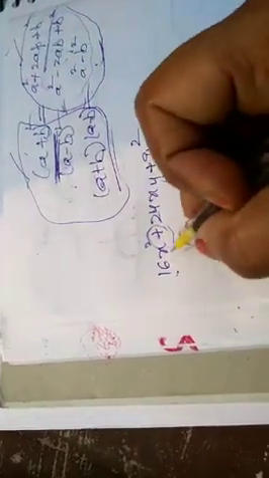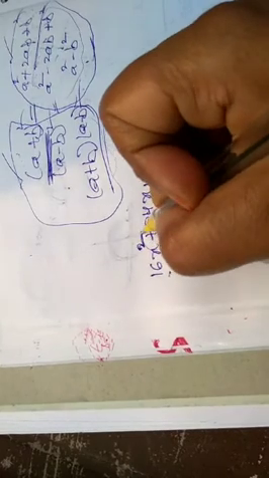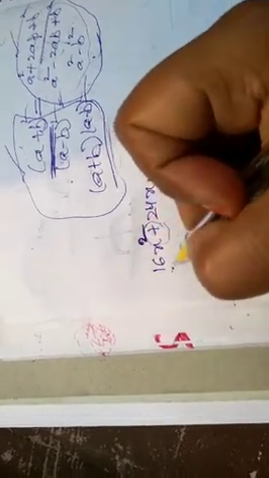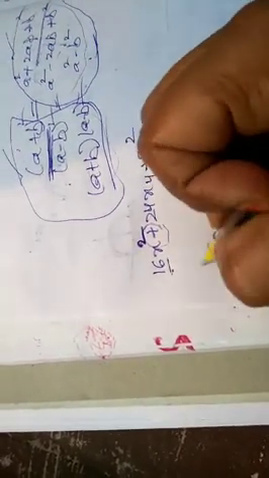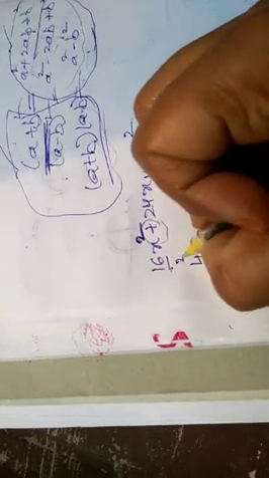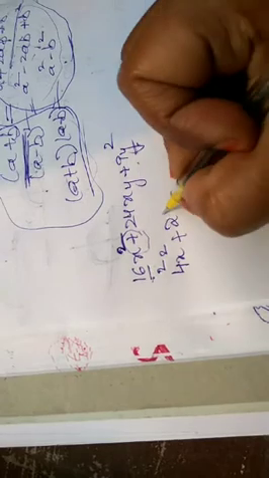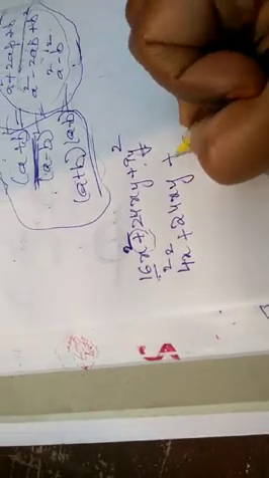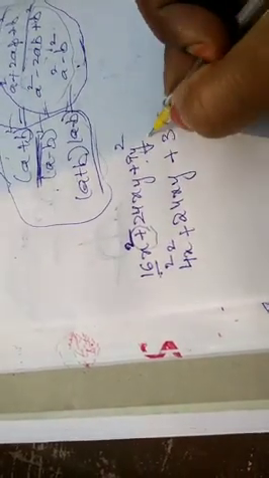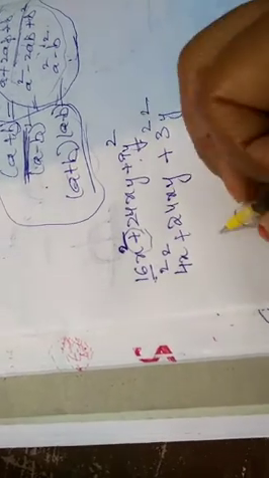Now we should write in this way. A square means it should be like whole square. Here for x only we have square, so whole square we should write. 16 means it is 4 square, so let me write 16 as 4 square x square. Write this 24xy as it is. Next plus 9 means I can write 3 square, so 3 square y square.